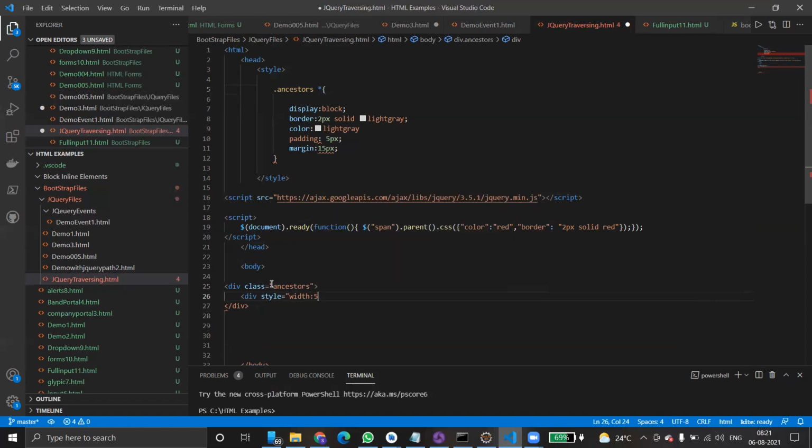width. After that, we are just going to have another list. Inside the div, I'm just going to close it.